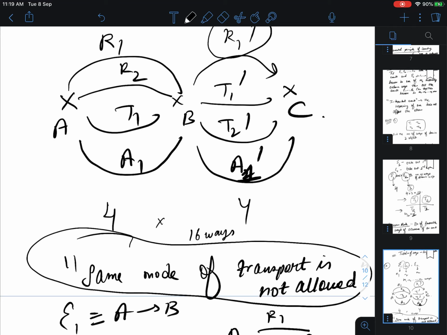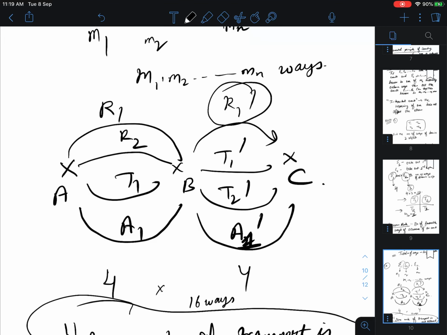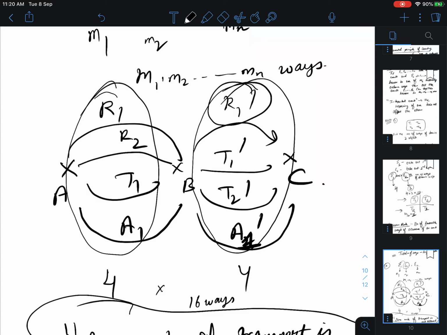You see, originally the situation was something like this: no matter what choice you made from going from A to B, it did not affect the choice that you made for going from B to C. So in that sense these two events were independent. But now if you choose to go from A to B via, let's say, road 1, then you cannot go by road from B to C. So you only have 3 choices. So the choice that you are making from B to C is now affected by the choice that you have made for the previous event.